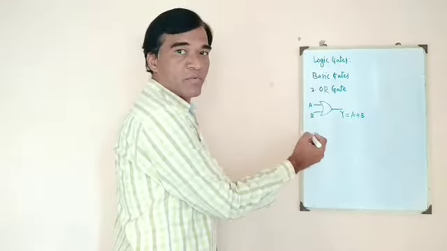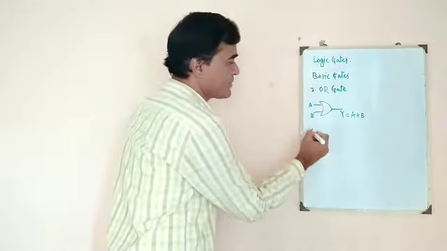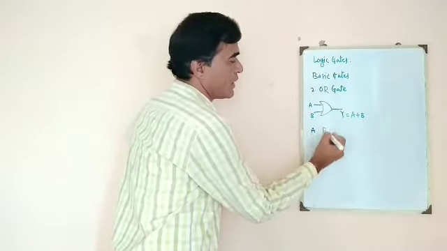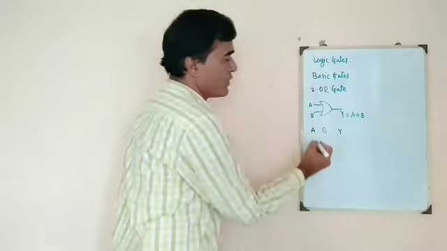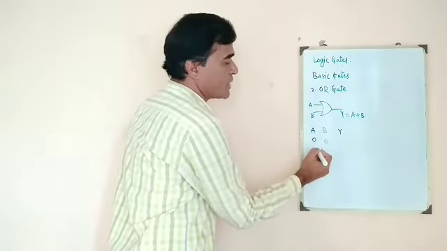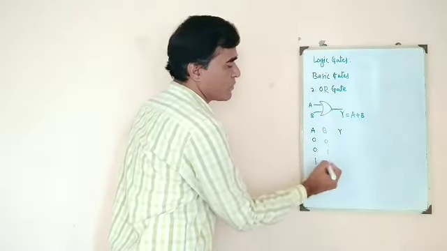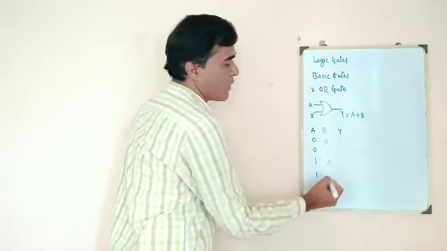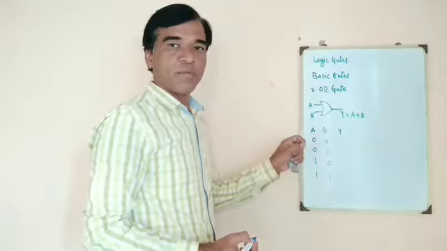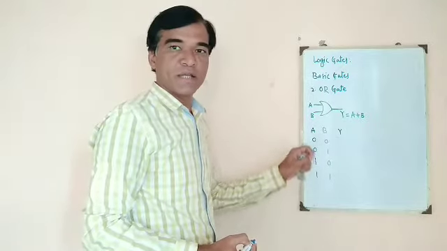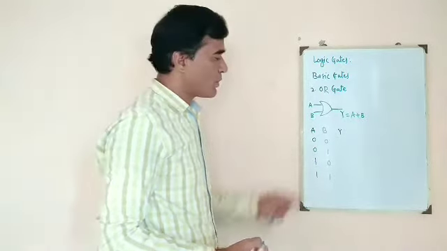The truth table for this OR gate is list of input combinations, then output. Different input combinations are 0 0, 0 1, 1 0, 1 1. As it has only two inputs, the number of different input combinations we can get is 2 raised to 2, which is equal to 4.